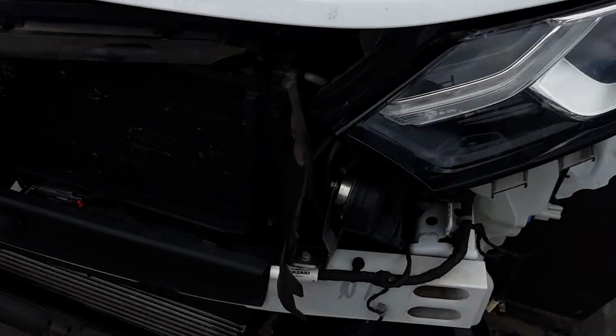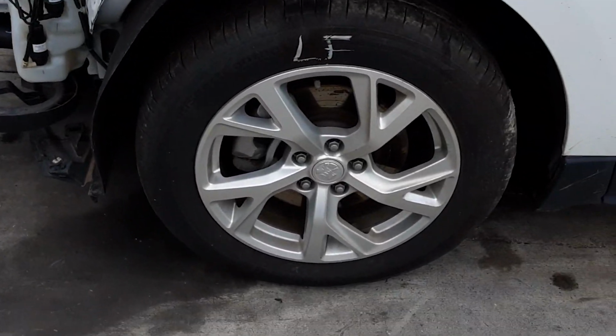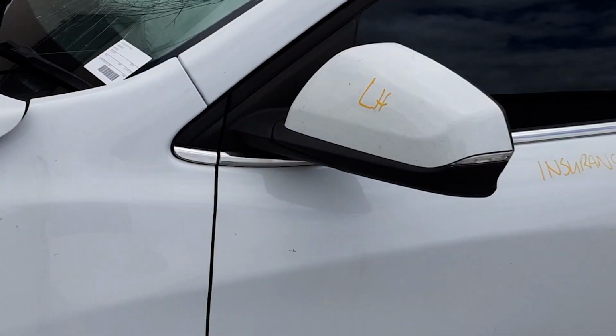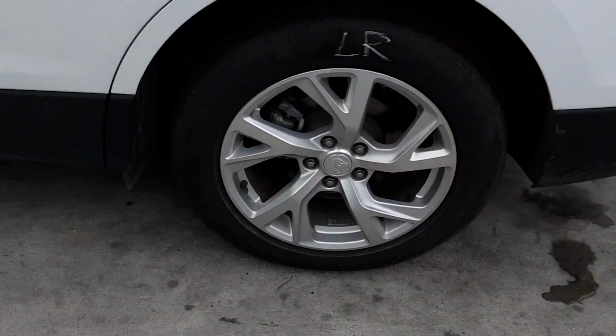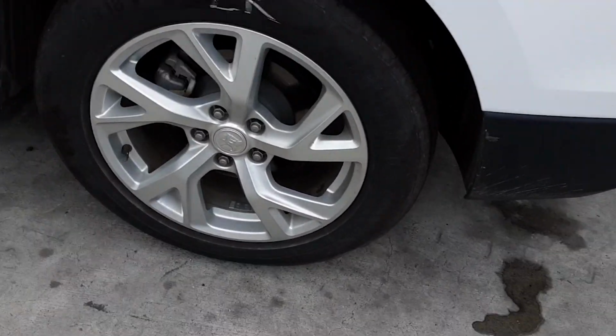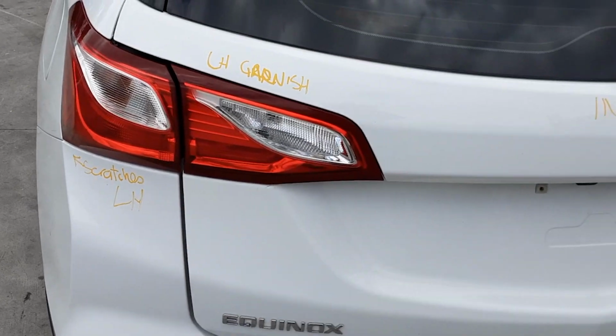We have the left-hand headlight, HID type, left front 18-inch factory alloy mag with a good tyre, left power door mirror, both left-hand doors appear to have no damage, left rear 18-inch factory alloy mag with a good tyre, left tail light, light scratch, left tailgate garnish,